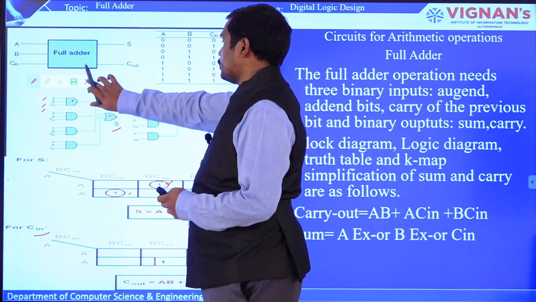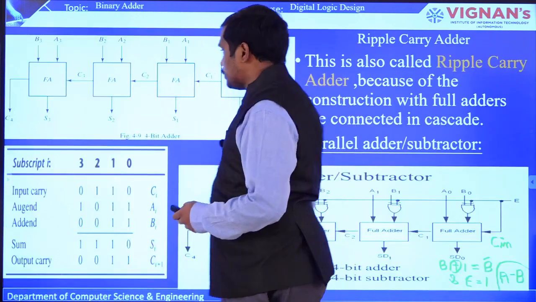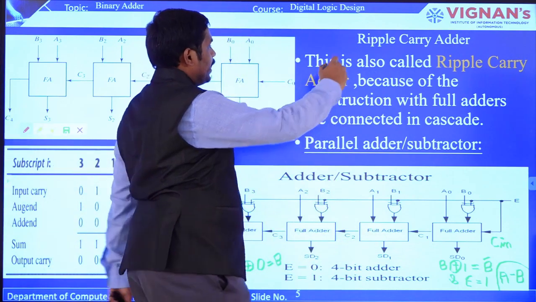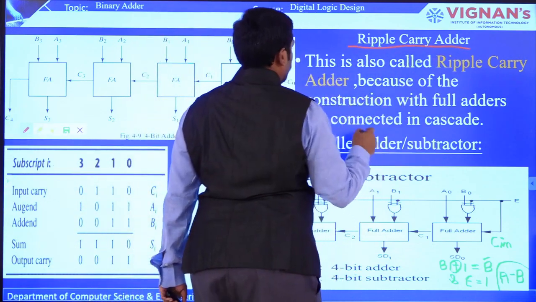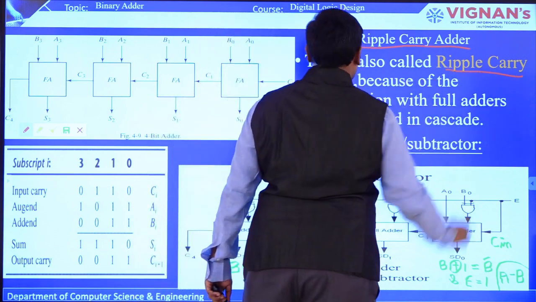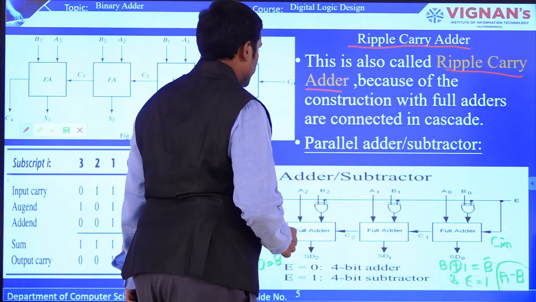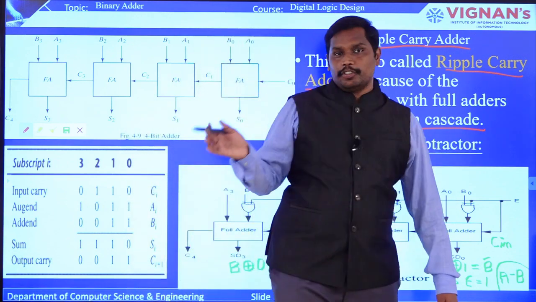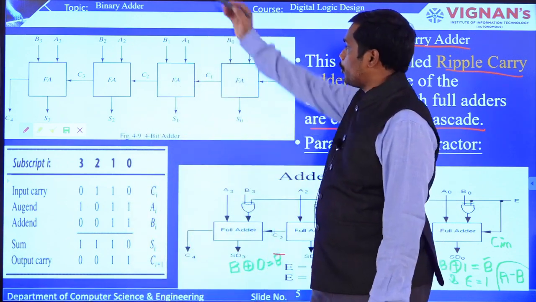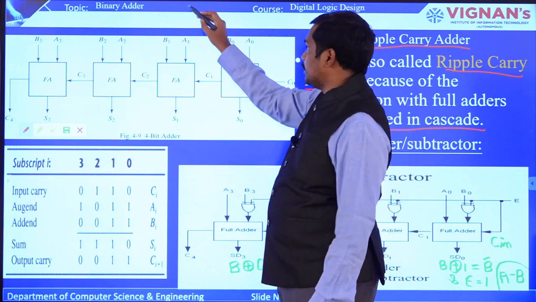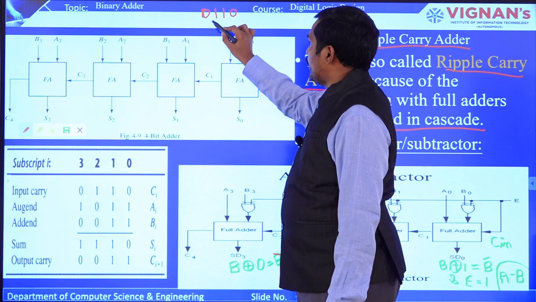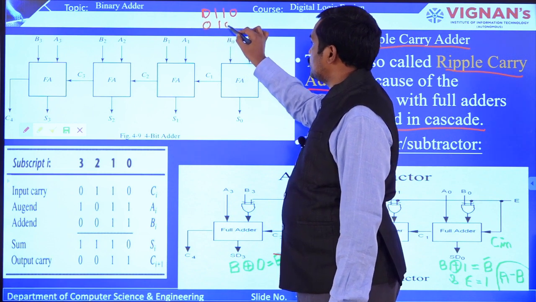So now we'll go to the next part. This is called the ripple carry adder. A ripple carry adder is made of full adders connected in cascade. For example, if you are going to add 2 binary numbers, 1 1 0 1 and 0 1 0 1,